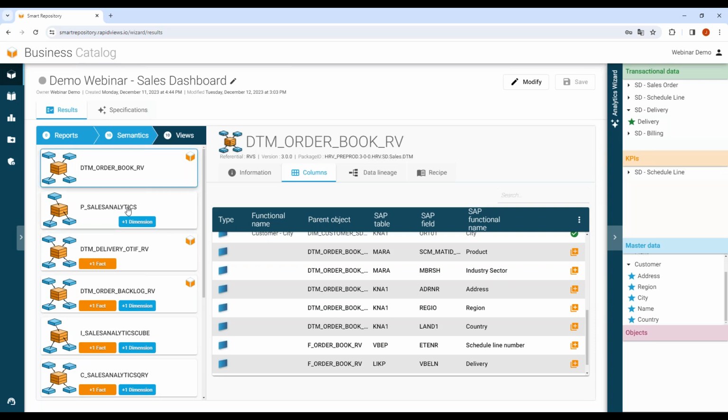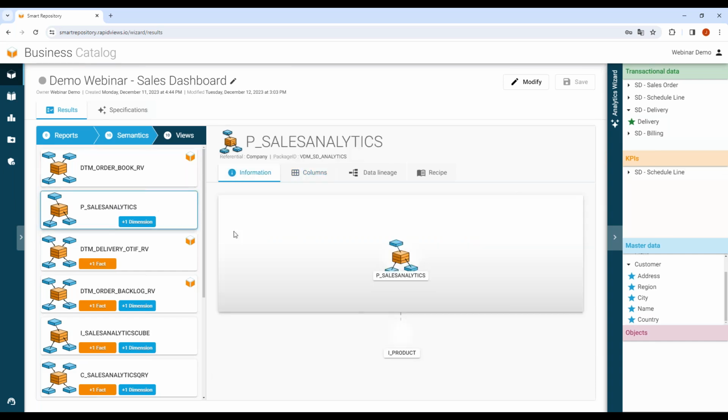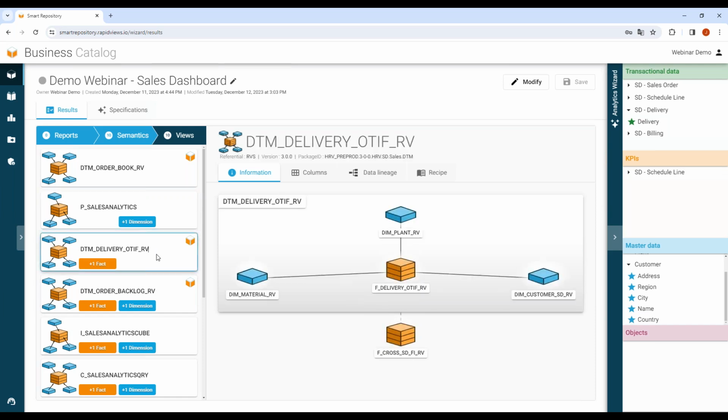I have one other view, P-Sales Analytics, that needs one dimension, I-Product, added to complete the lineage. I have one other view, deliveries, that needs one other view added.